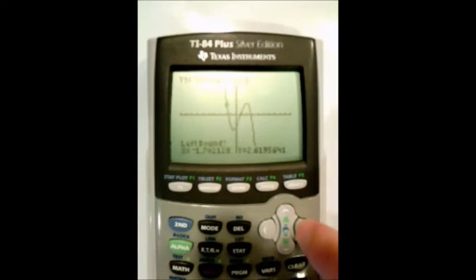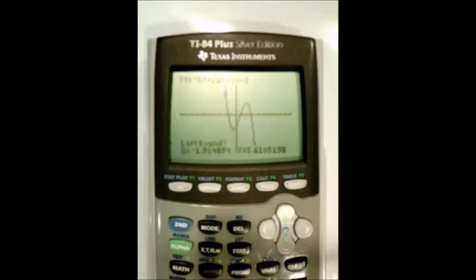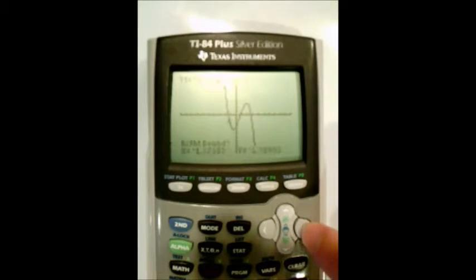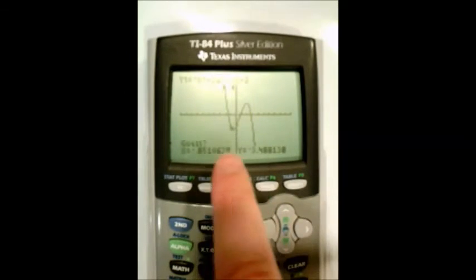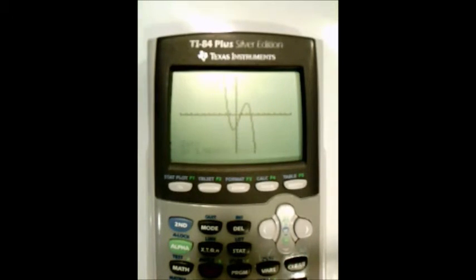We'll say this one. So notice if I'm hitting the arrows, how can I tell if it's a left bound or a right bound? Well, if I keep hitting the left button, once I go past the zero, now I'm on the left side of it, so I can use that as a left bound. So I'll hit enter. And then I'm just going to go over to the right until I pass it. Sometimes you go a little further, because if you're right there, you're not sure if you're on the right or left. So go a little bit to the right of it, and you're just telling your calculator you want it to search for a zero between there and there. And the last one, it says guess, so go kind of close to where it looks like the zero is and hit enter. And so it gives us negative 1.46,